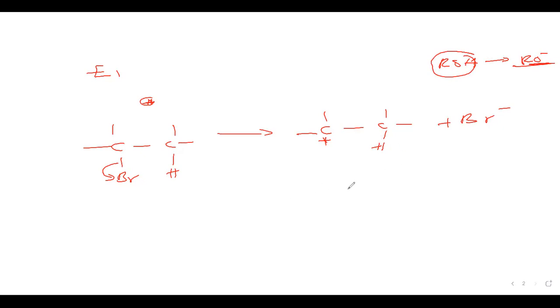So ethoxide is C2H5O minus, right? Now the ethoxide is a strong base, it can take this hydrogen. It can take this hydrogen and then the bond will break onto this. This bond will break onto this. So what I'll have is C double bond C. And the double bond is coming because there's already a bond here, and then this bond is breaking onto this, plus